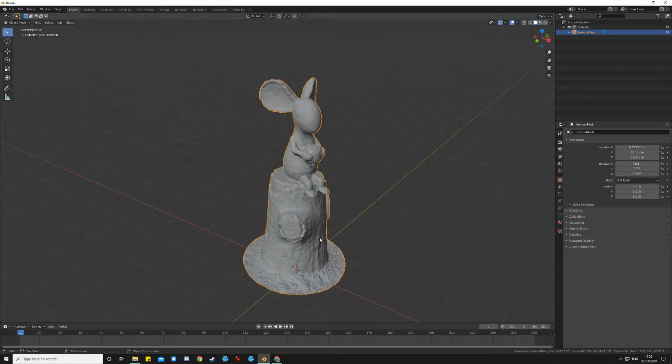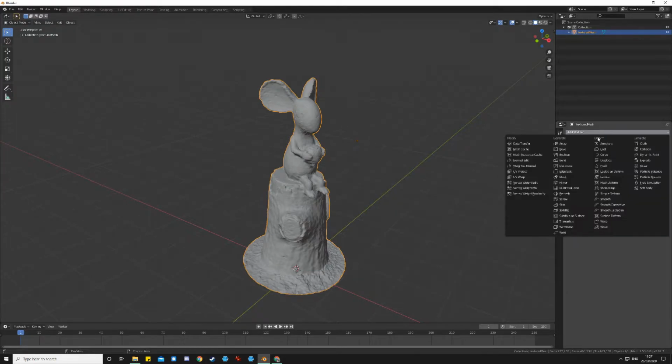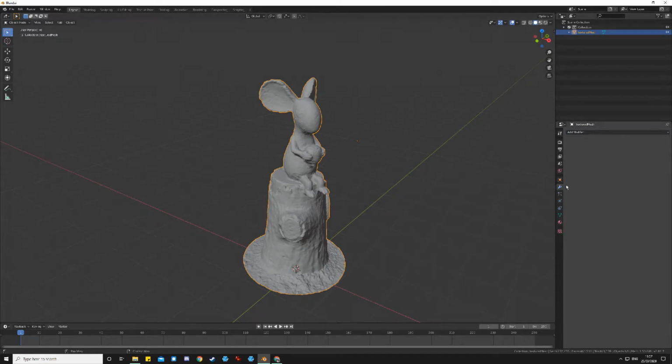But hopefully we're going to keep a lot of the detail there, because the texture will still be from the high quality model. How we do that, first of all, is I'm going to simplify. I'm going to decimate the model, and decimate means literally kind of divide by 10 the amount of triangles that the object has. So I have the object selected, I go to this little spanner tool, which